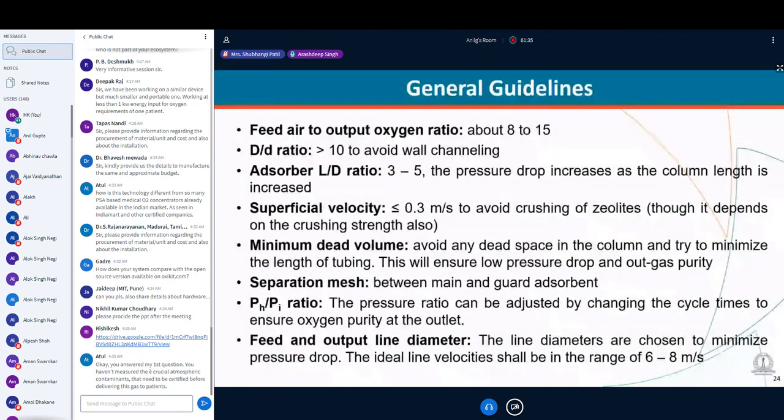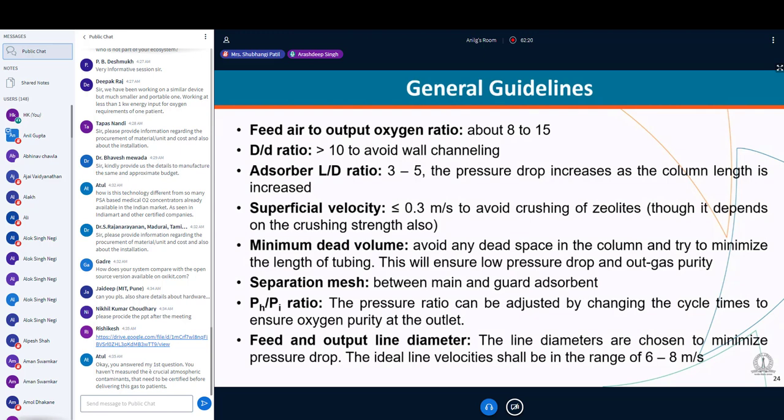This is a very interesting point which we got to know from our fundamental studies. First we did some fundamental studies and then we designed this. This is a very important point: the kinetics of this nitrogen and oxygen separation is very fast. So if you maintain a lot of dead space in your column or in your lines, for example, my column is here and I have a longer line and then it is giving me the output, you're not really going to get the purities at the outlet. We have seen this at process scale also, and many other people are facing the same problem, that they are unable to get the purity. Please remove your dead spaces, your dead volumes, in the tubing or in the column. This will ensure your purity coming out.